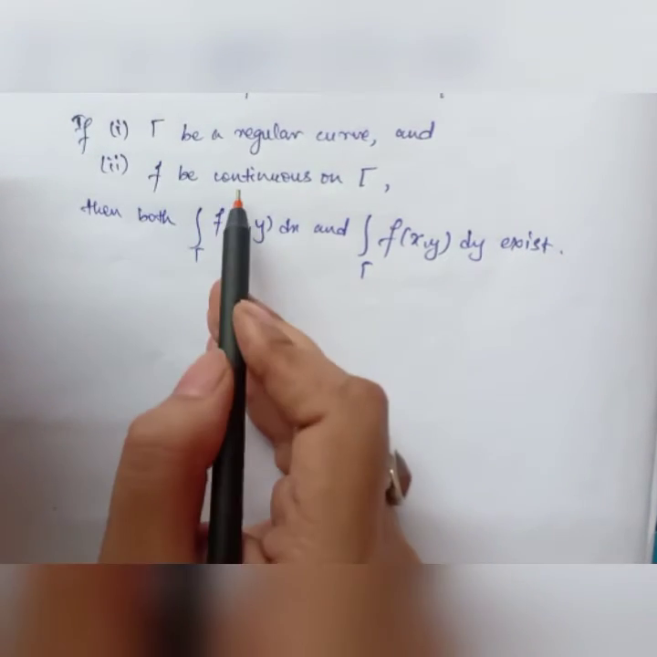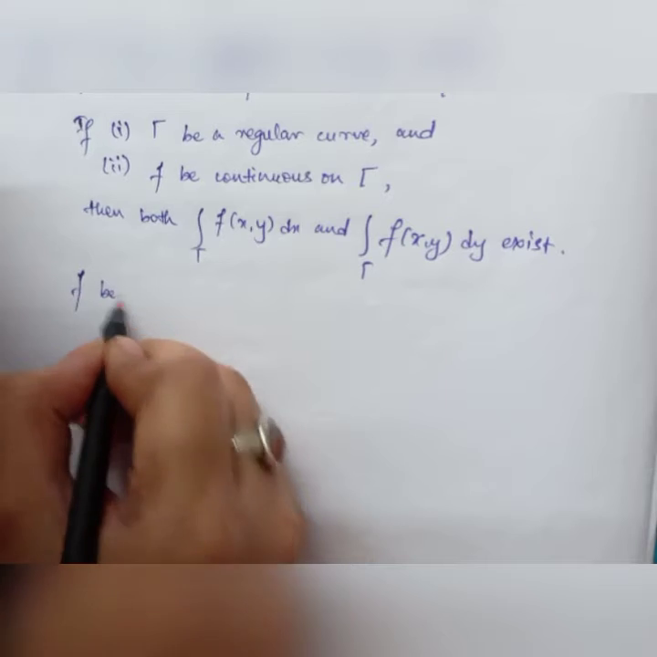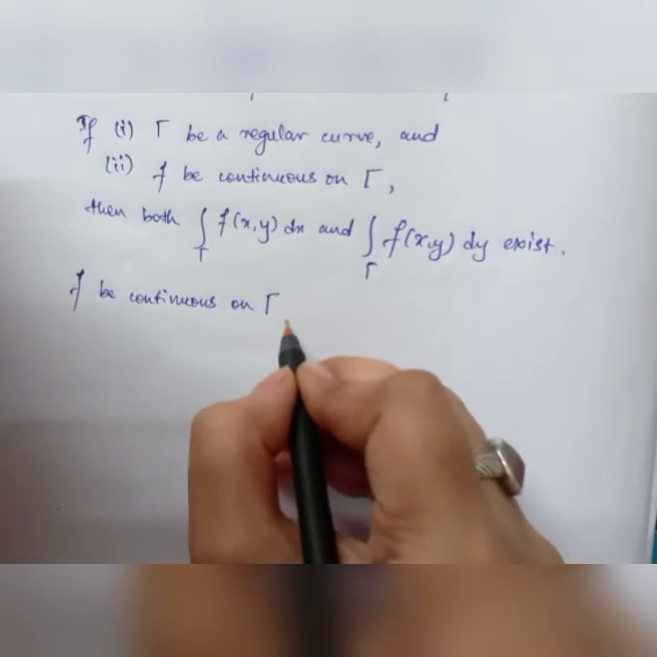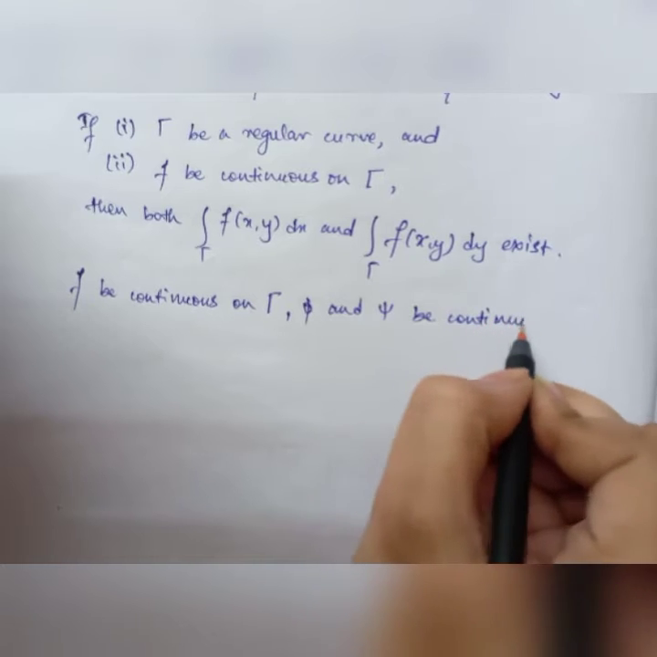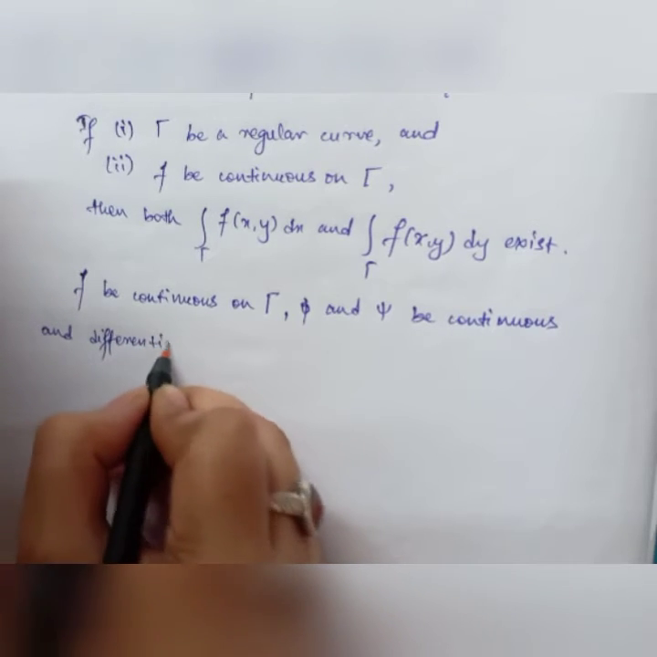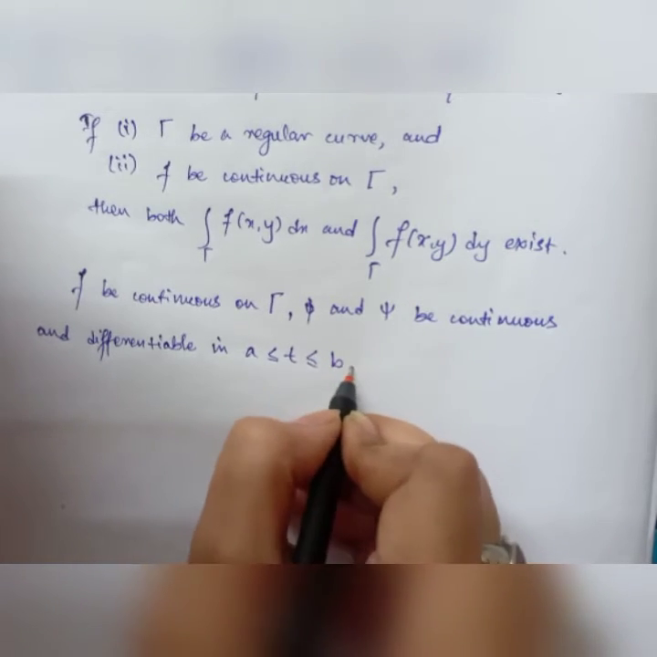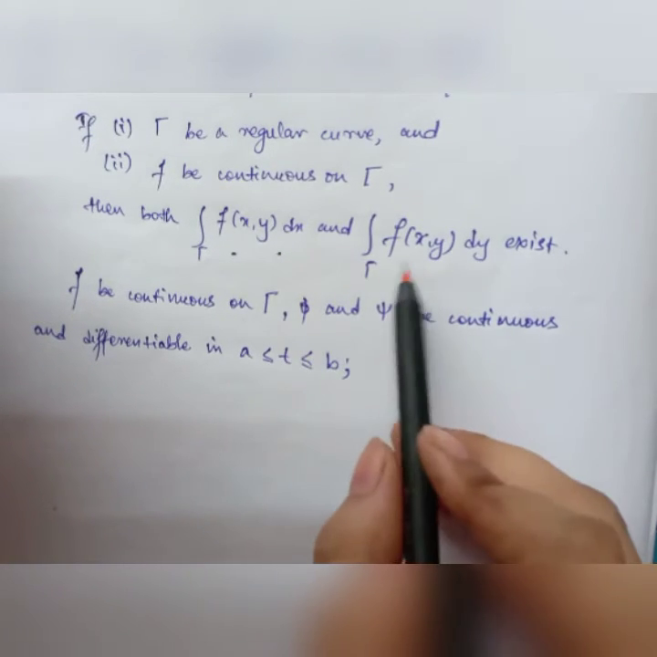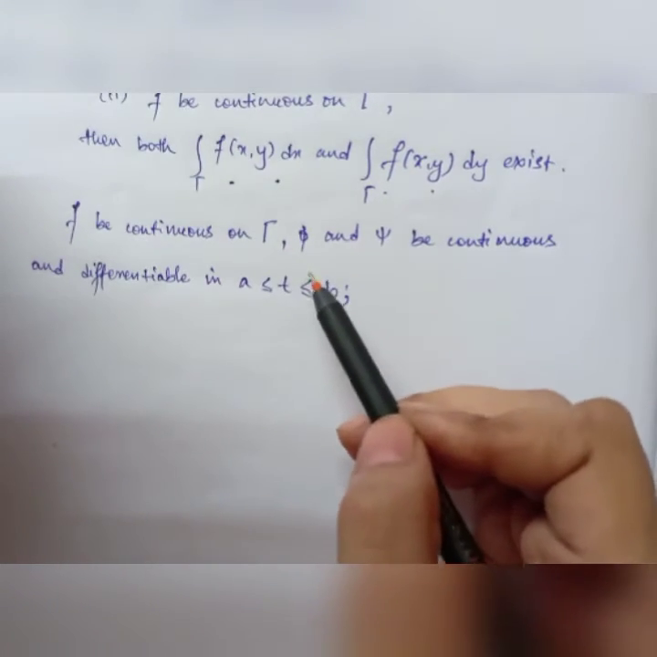We see that the first hypothesis may be altered in a variety of ways. Thus, if f be continuous on gamma, phi and psi be continuous and differentiable in a less than or equal to t less than or equal to b, both integration f of xy dx and integration f of xy dy exist, and by the mean value theorem we may come to the conclusion that